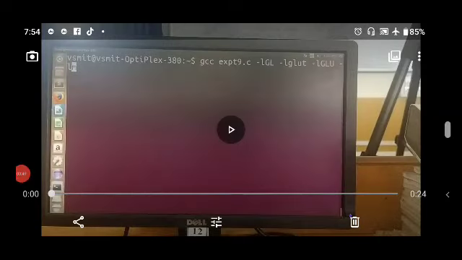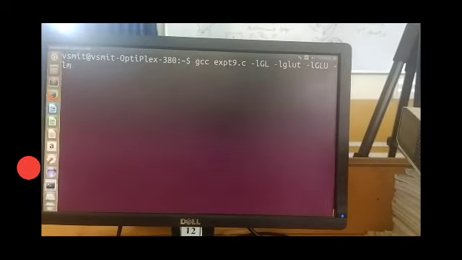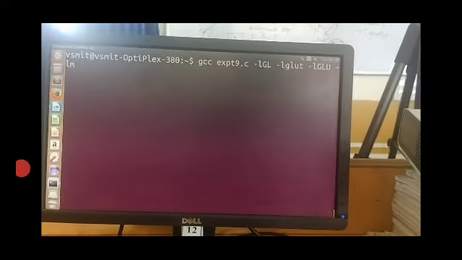Now this is a terminal where I have typed a command for compilation, that is gcc expt9.c -lGL -lglut -lGLU -lm. Now after compiling this, let this compile.